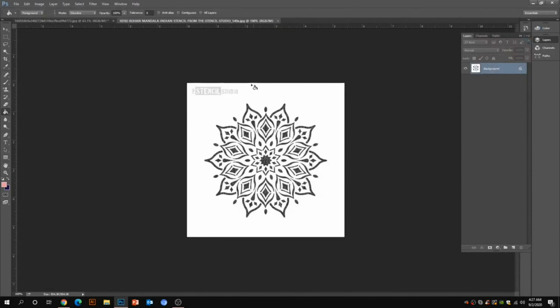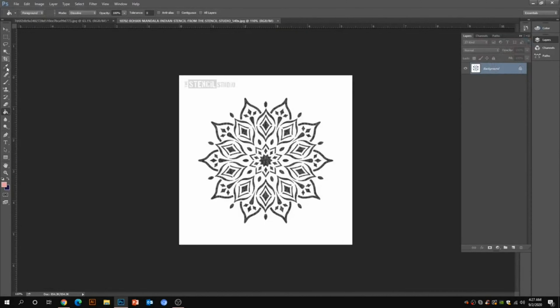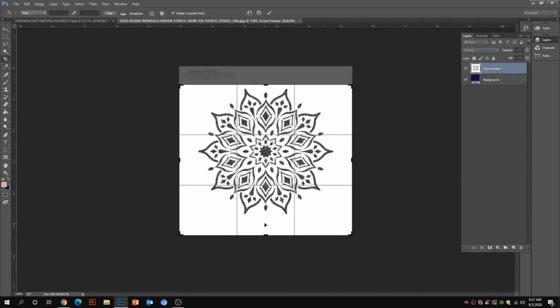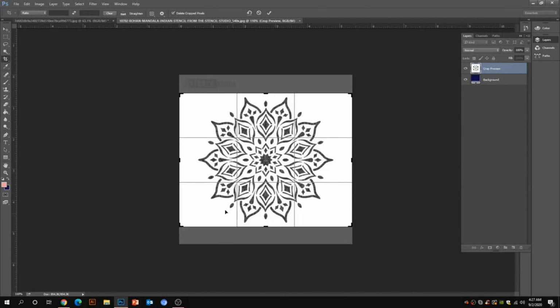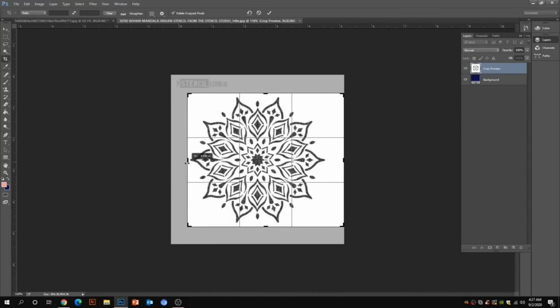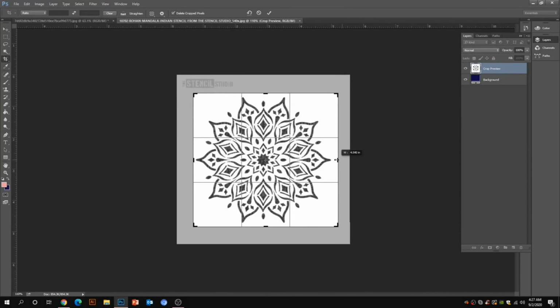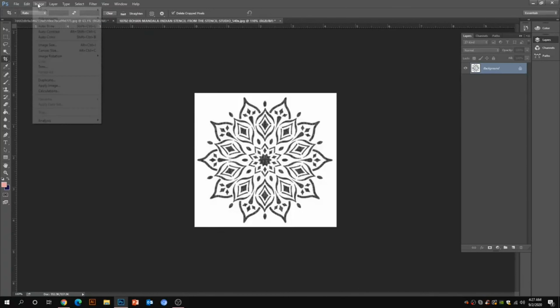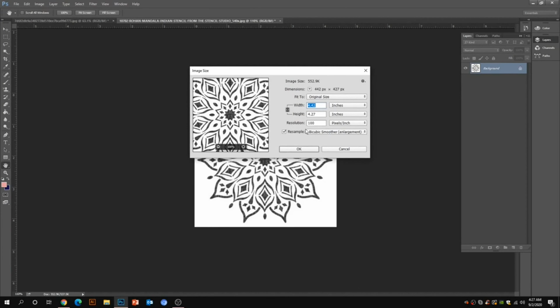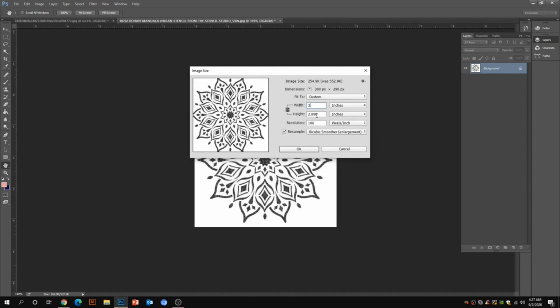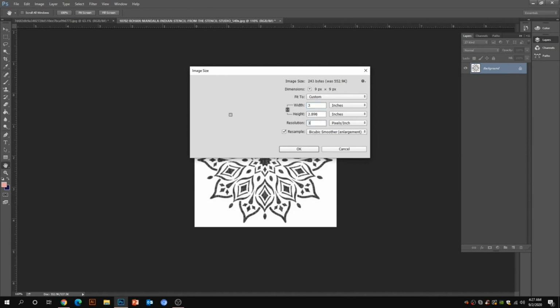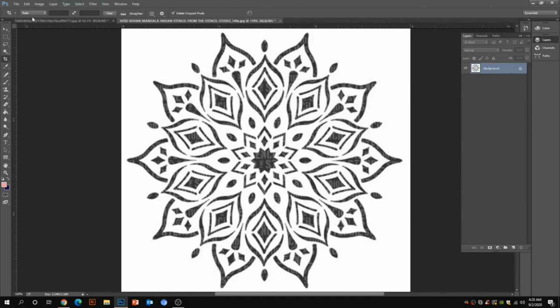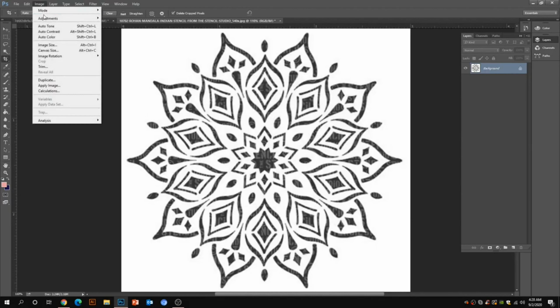Let's take another image. This is another image which I have downloaded from the internet. The resolution is very low. I'm just cropping the extra part from the image, so when I'm giving the accurate size and resolution, it will impact only the right artwork. So let's change the size and resolution. Image size is 4 by 4, which is good enough. The resolution should be 300. I'm keeping the width of the motif 3 inches and the height would be automatic, and resolution 300.